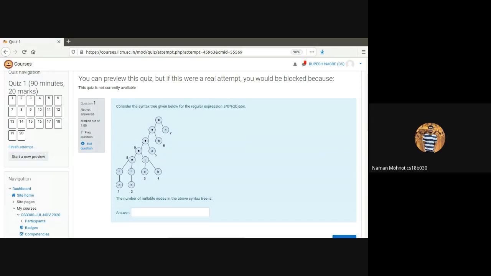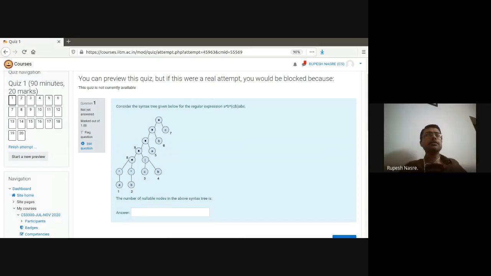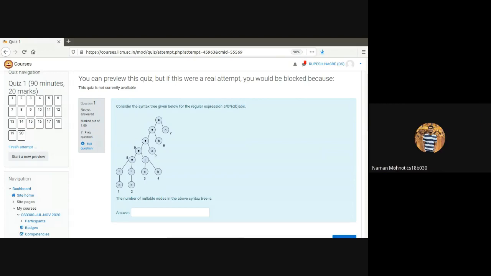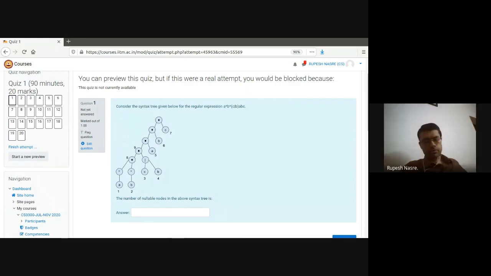But it was given 40. It was given 40. Yeah. Okay. We'll check. There was one doubt I had. The question was about the Lexer. In that question, I didn't understand the last option, which was about section 3.1.4. I just want that you could discuss that question in the class. Sure. We'll do that.